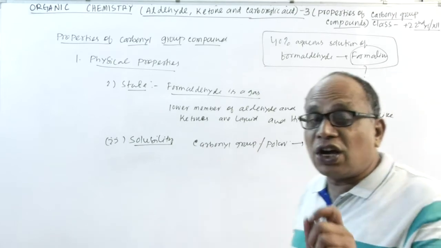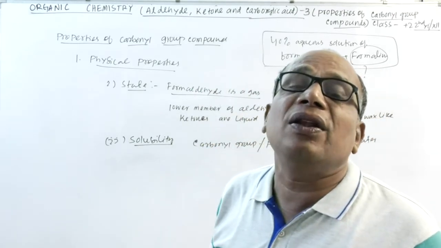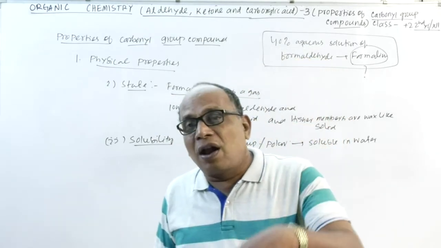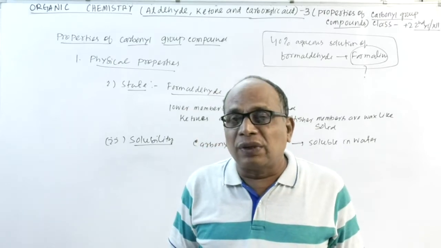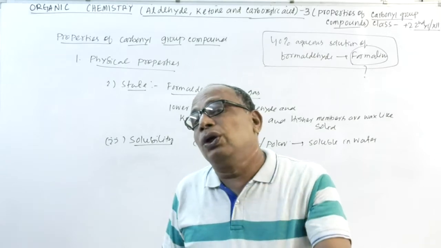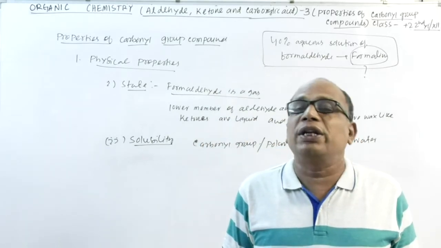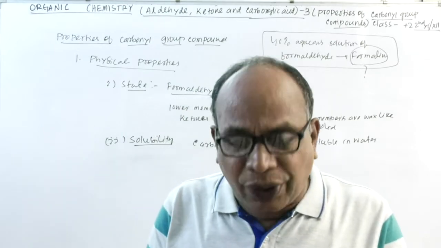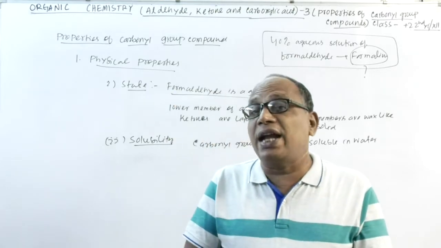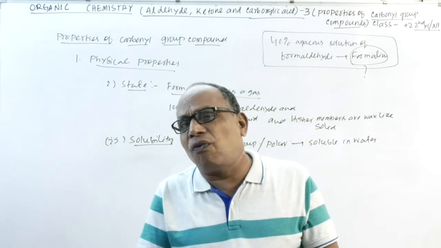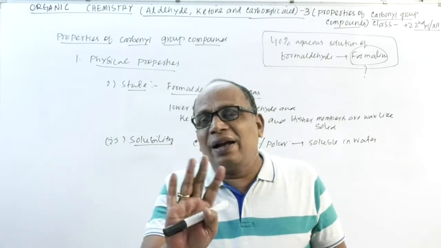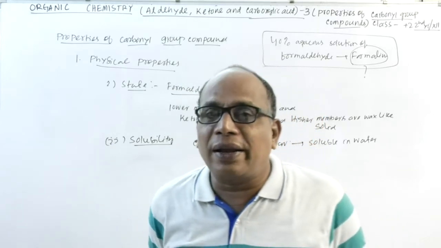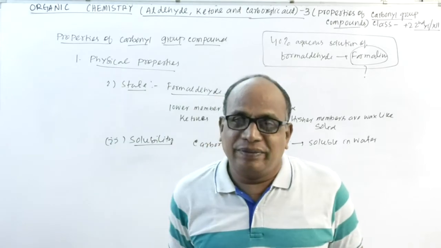This is used to preserve the biological specimen in the laboratory. In your zoology laboratory, the biological specimen is preserved under the formalin solution. And the formalin solution is also used as an antiseptic or disinfectant agent. And you know, in the laboratory generally, the glass apparatus is dehydrated, meaning the last trace of water can be removed by adding acetone, because acetone has affinity towards water and it can evaporate easily.